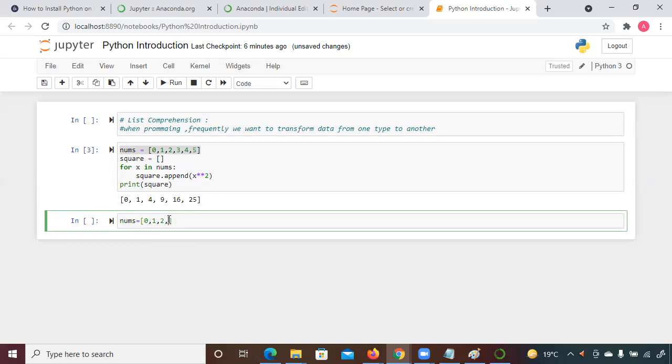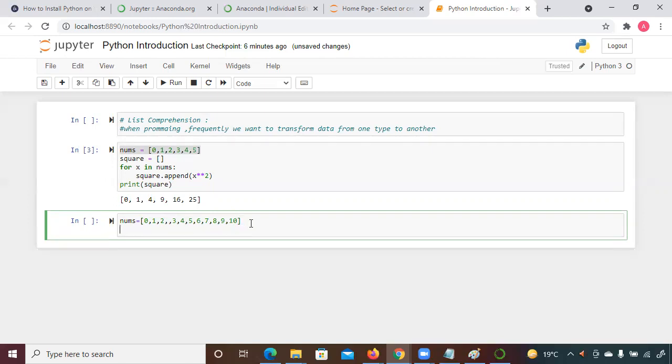and the same elements, but this time let's take till 10. Now instead of using a for loop, you can directly use it inside the list as well. How are you going to do that? Square. Now inside this list, you can write like this: x to the 2 for x in nums, right?